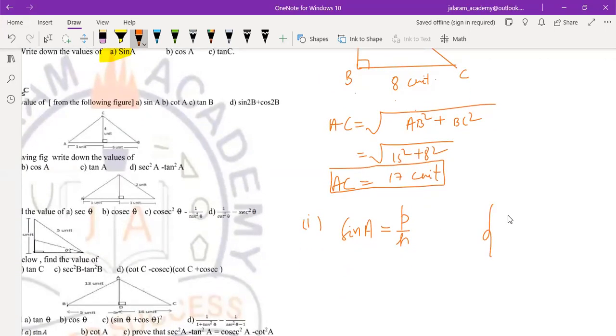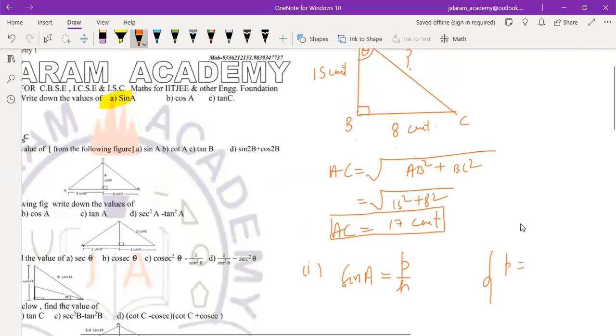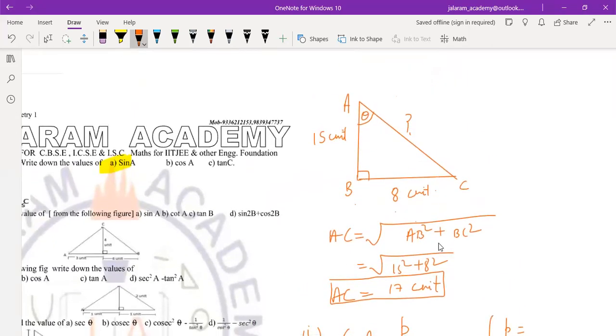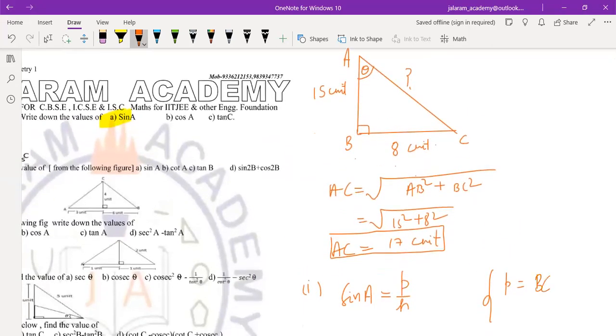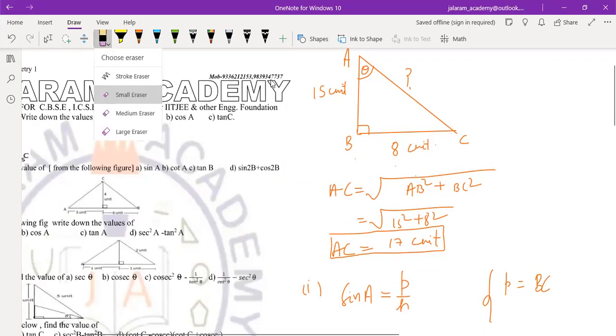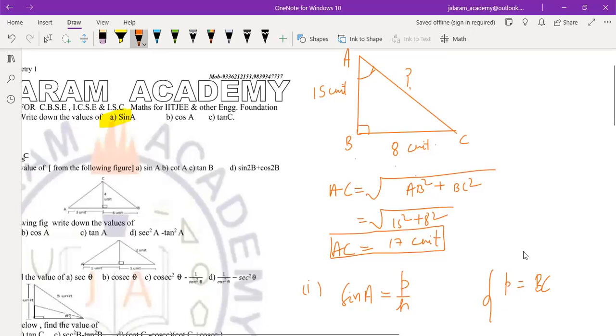Perpendicular means side opposite to reference angle, means BC. In this question, it is not given as theta, it is A only. So we use A in place of theta. Perpendicular is BC. Base is